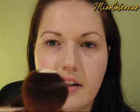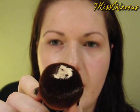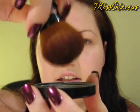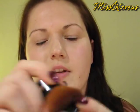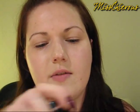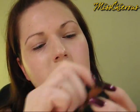And I'm going to just get a little bit onto this Afterglow Kabuki brush. This is a synthetic brush, so you get a little bit onto the brush, and basically I just tap it into the lid first so that it kind of distributes it into the lid, and then you start swirling your Kabuki brush. Now you'll have some powder flying off, that's totally fine. So you just kind of keep swirling so that you get an even distribution of the powder. Now I didn't get quite enough, so I'm just going back for a little bit more. And just so you get a nice even